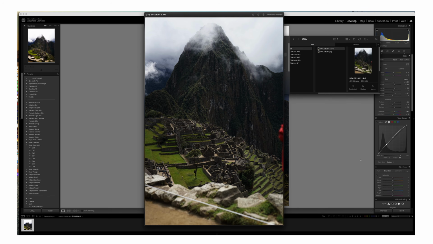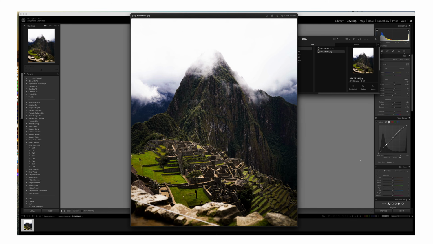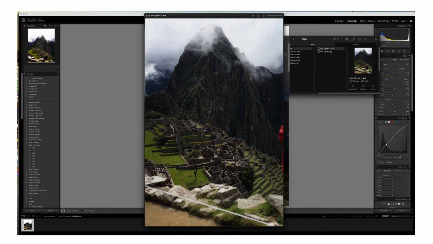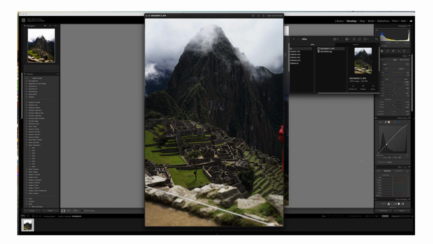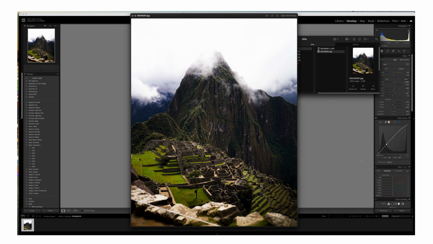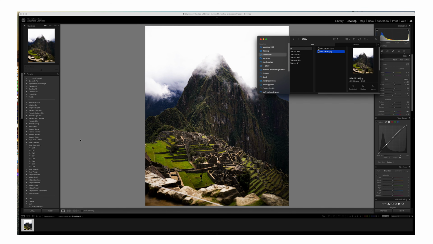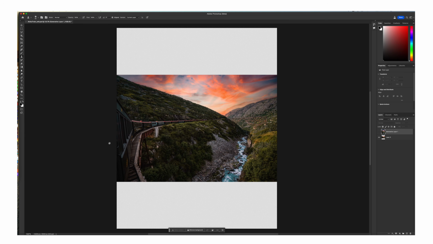So this is before, this is after. Before and after. That's all thanks to the power of AI. Pretty neat. So this is a shot that I got in Alaska while we were on a train in the